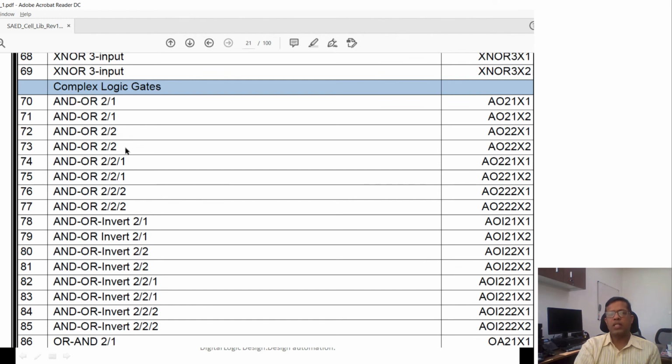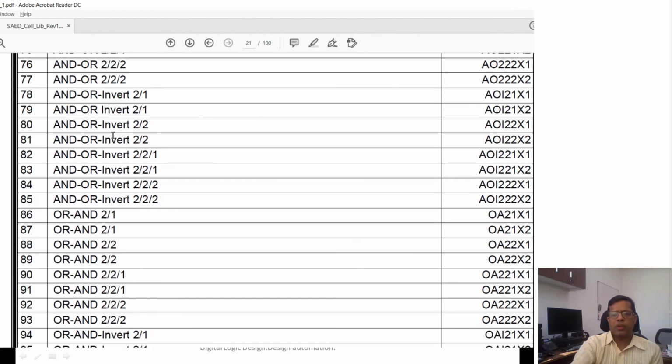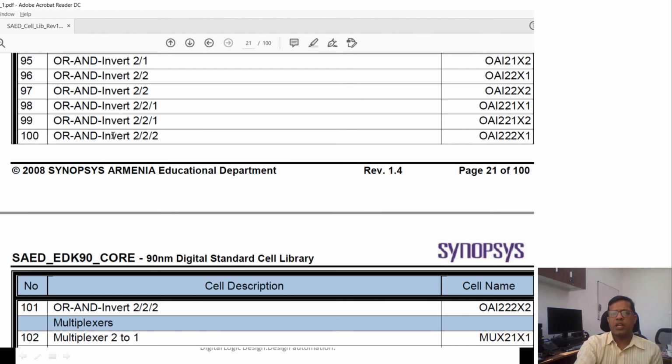So this is a combination of gates, so that in certain cases we can directly map our circuit to these gates, and these gates are going to be much more optimized than if we use one AND gate and one OR gate. Such complex gates are also available in the standard cell library.